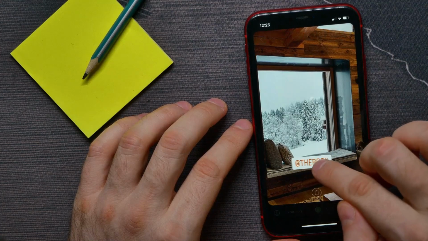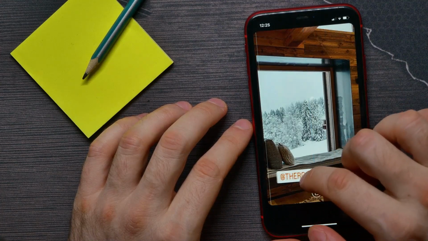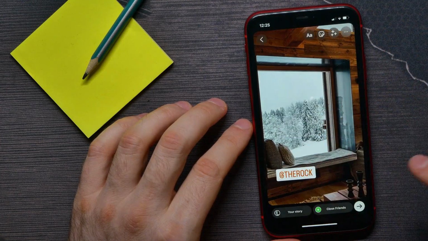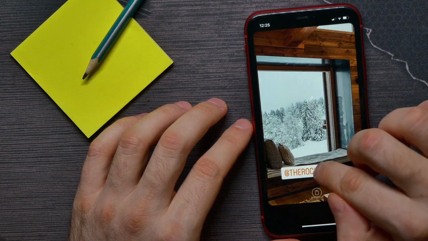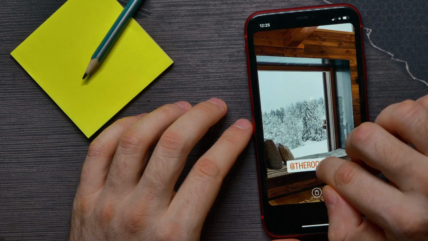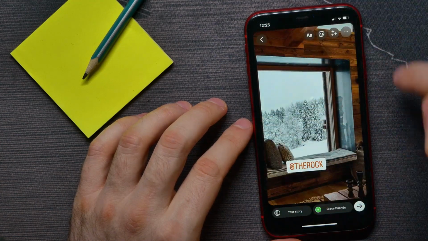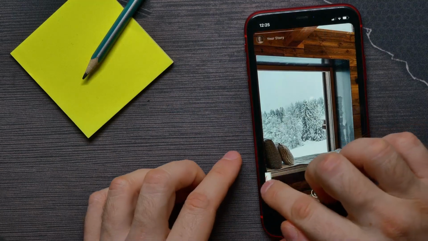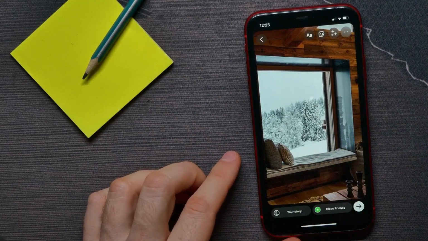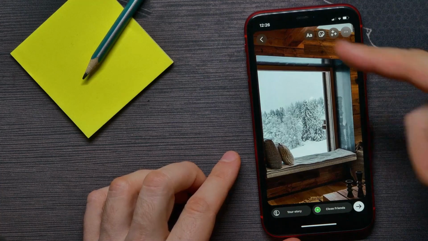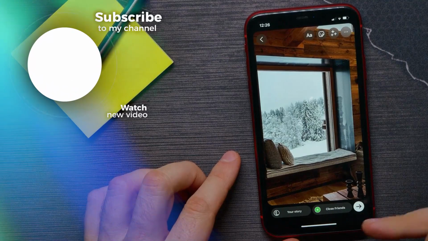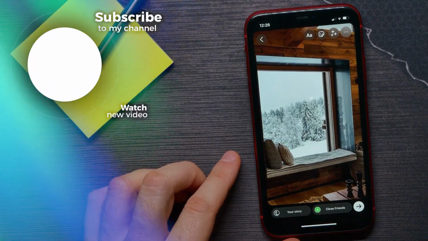And now, instead of placing this sticker somewhere around the story, I can hold down on that sticker and move it out the edges of the story in that way. And here, as you can see, I have just completely moved mention sticker out from my story. And that's it. Now I can continue creating that story as I